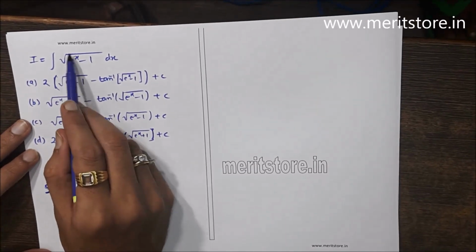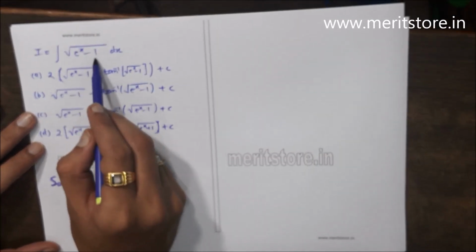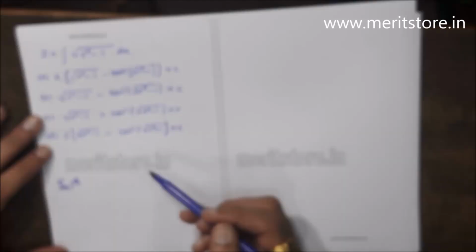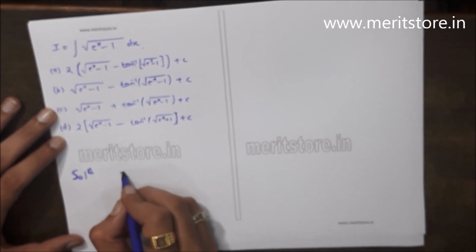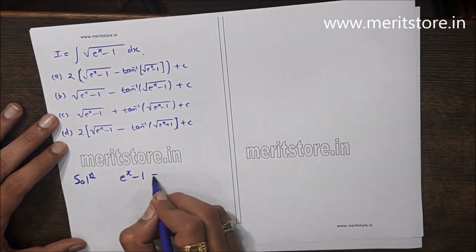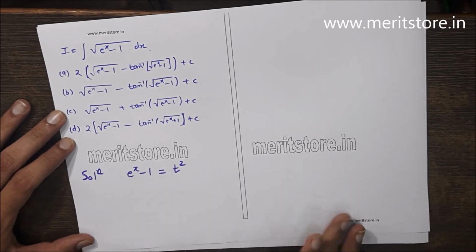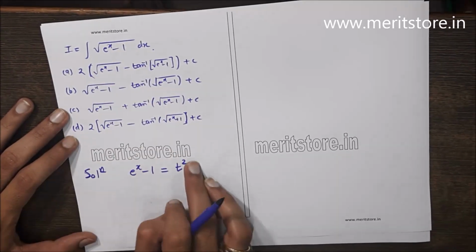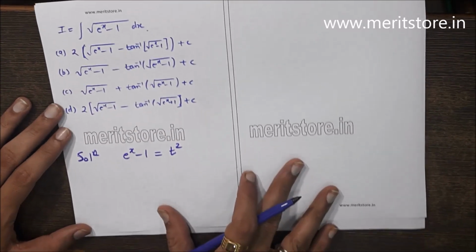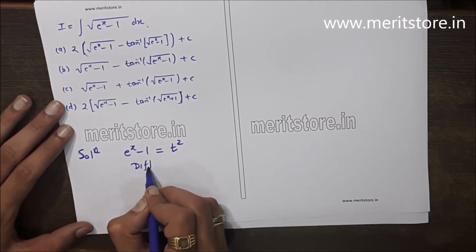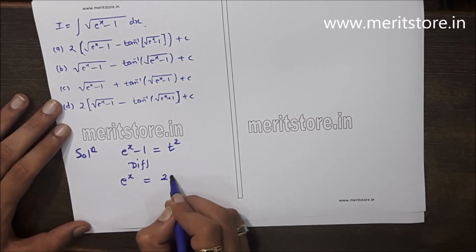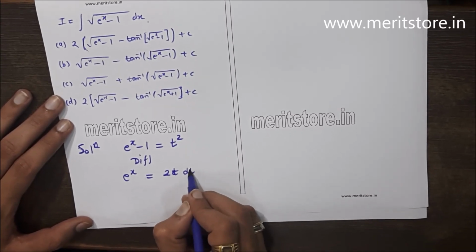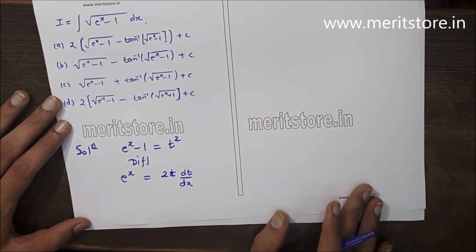Integral of under the root of e raised to x minus 1 dx. We have 4 options. What we are going to do in this is e raised to x minus 1, I am writing it as t square so that the root can cancel it off. Differentiating, e raised to x is equal to 2t dt by dx,